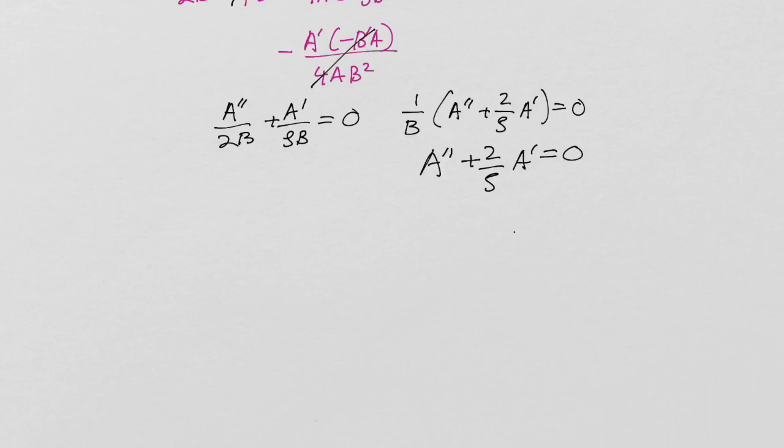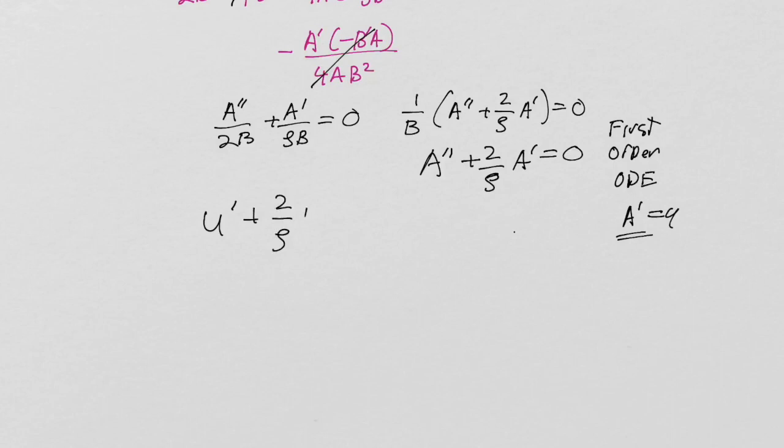So this is a first order ODE. It's a first order ODE for a prime. So I could substitute a prime equals u just to make it completely clear. And that becomes u prime plus 2 over rho u equals 0. This is a rho, not a 5. And that becomes u prime over u equals minus 2 over rho. And then you integrate both sides, and you get